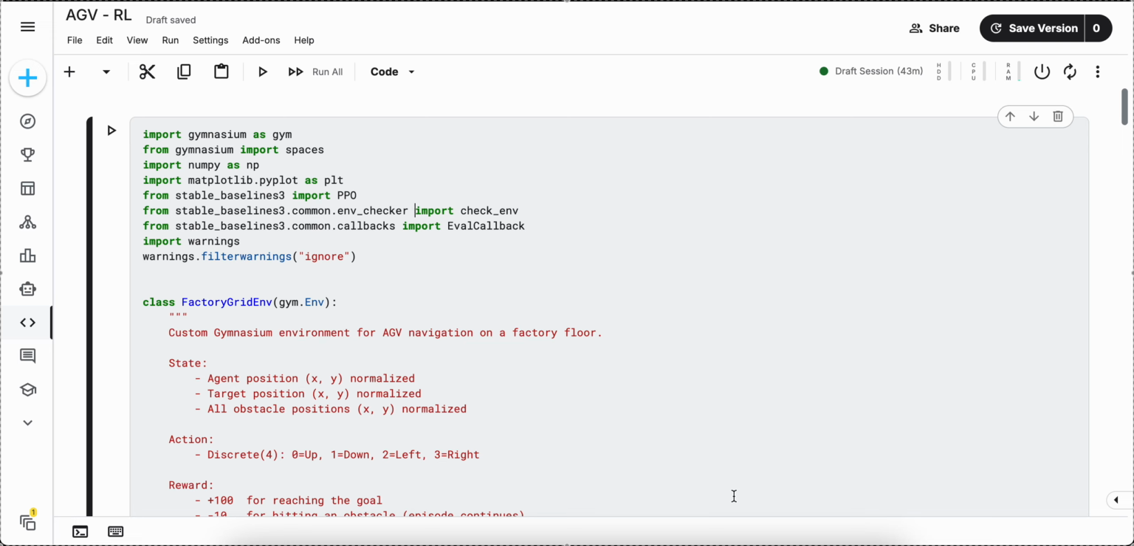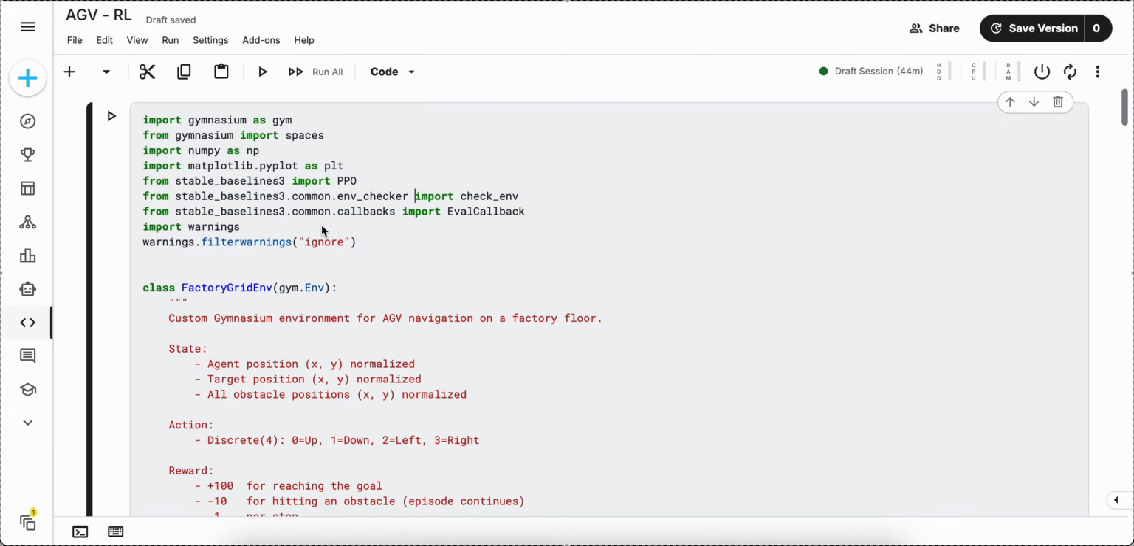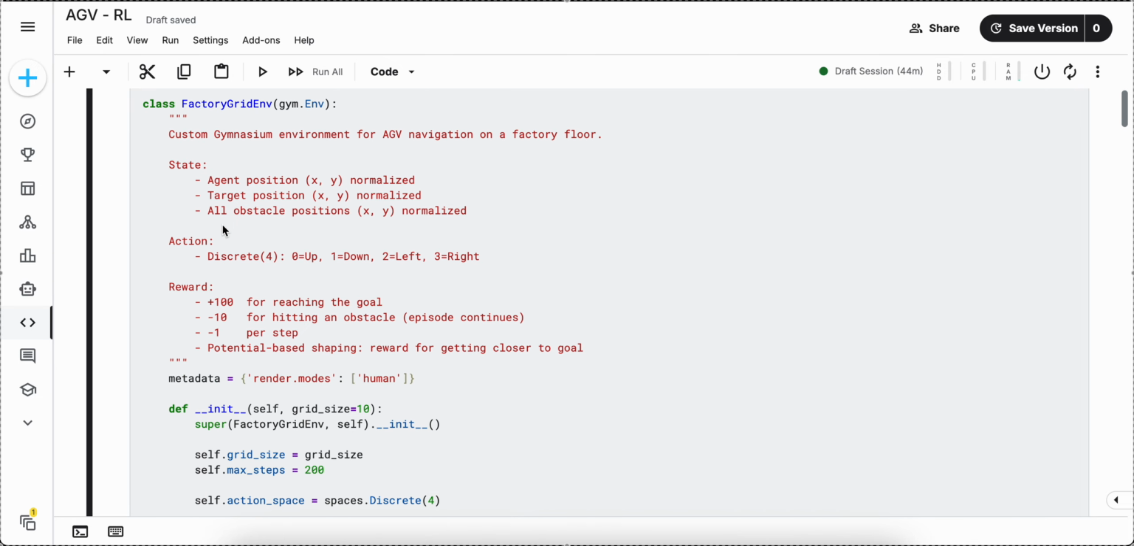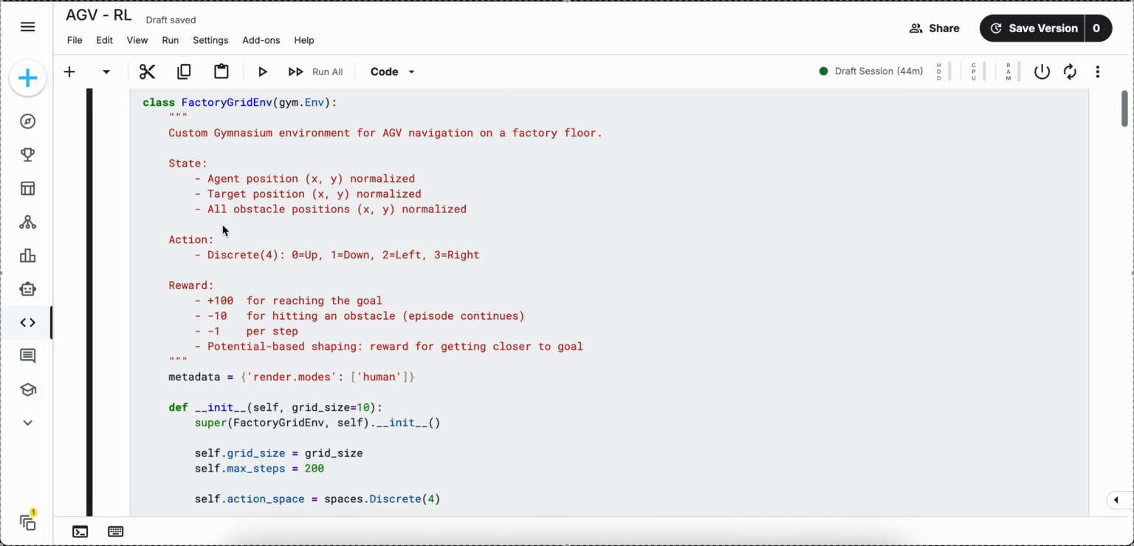Now we are looking at a custom gymnasium environment designed for an automated guided vehicle, or AGV, navigating a factory floor. Here you can see our libraries: gymnasium, NumPy, Matplotlib, stable baselines3 for PPO, and warnings. Okay, we can start. This FactoryGridEnv inherits directly from the standard gym Env class, which provides the boilerplate we need